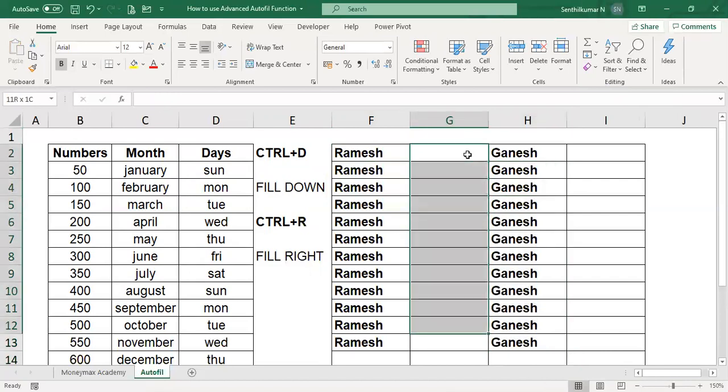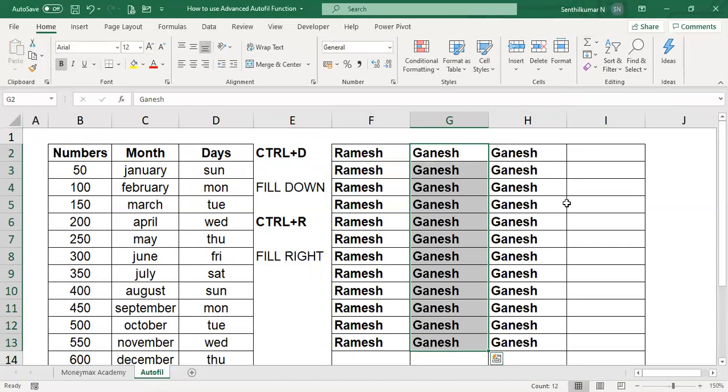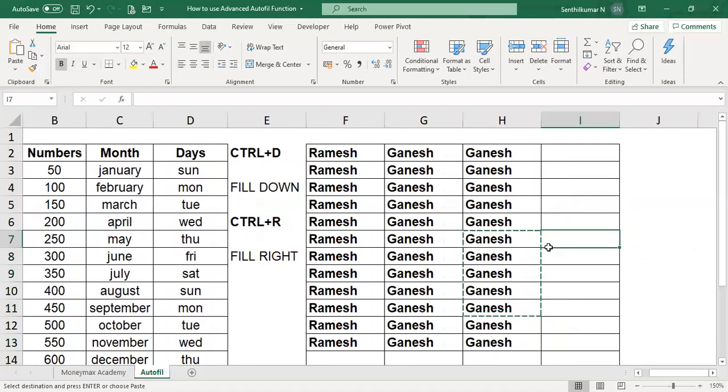So you have to select the data, go to fill, and then Left. You will get the data. Suppose you want to get the data up.